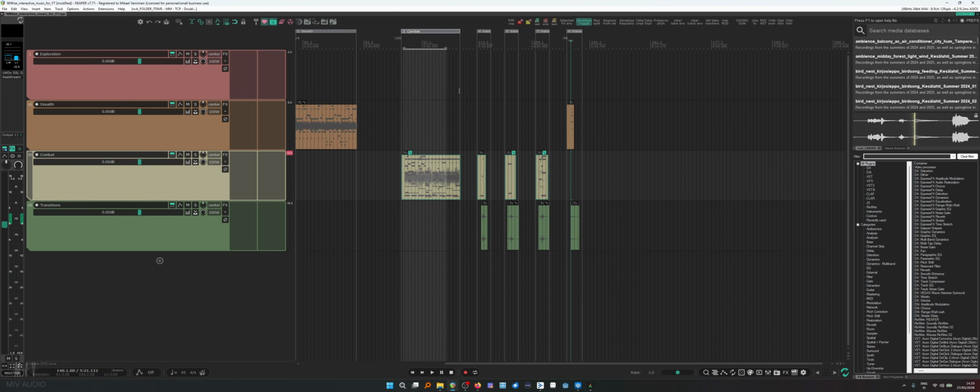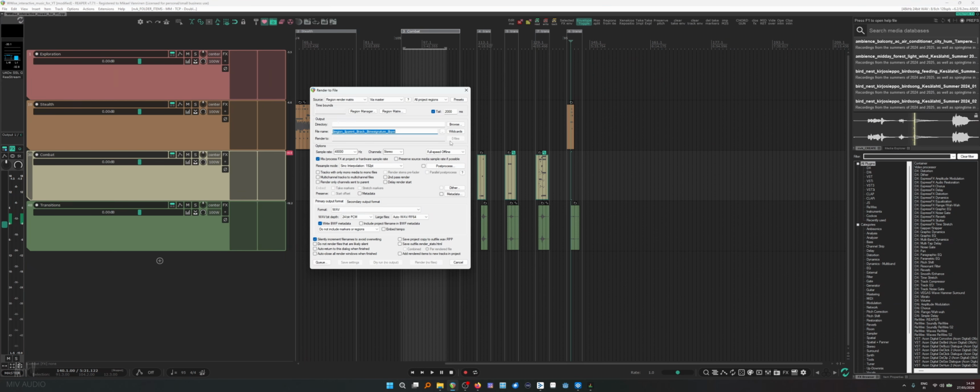Okay, so let's check out the rendering settings. This is the main reason that I actually set up my whole project this way. I like to start kind of from the top down. What tracks do I need for the music, for the interactivity and stuff? So that's why I have these layers like exploration, stealth, combat. So if I open the render settings here,